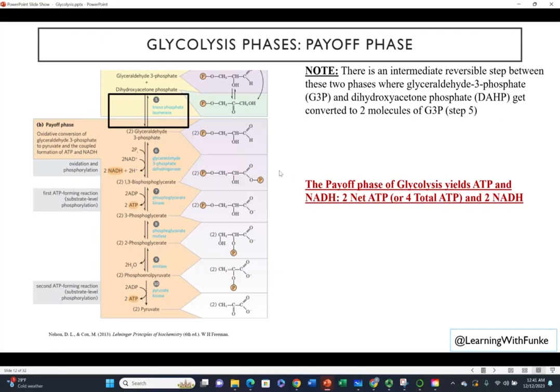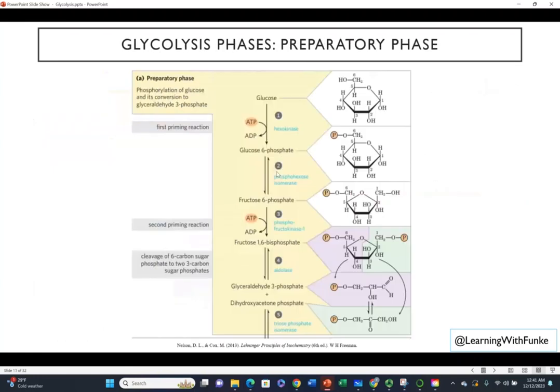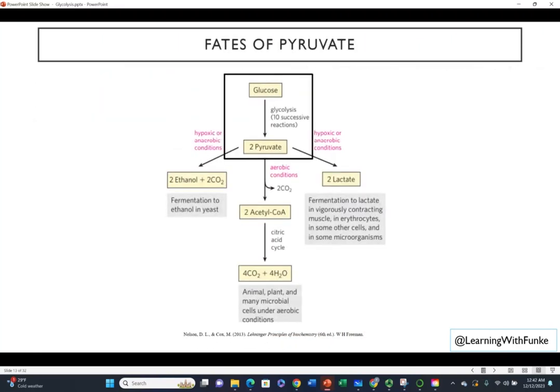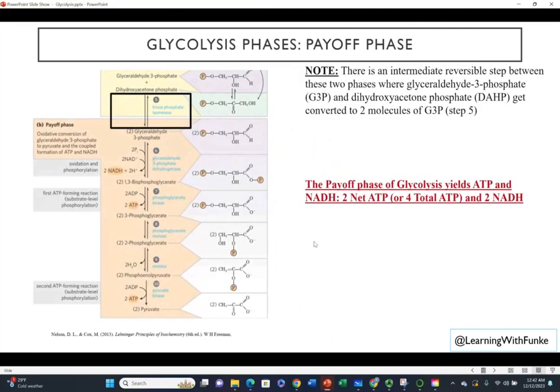So what we see is in the previous step, right, we used 2 moles of ATP, so here and here. However, in this step, what we see is that we pretty much produce what? 2 moles here plus 2 moles here, so we produce 4 moles. So we use 2 moles, but we produce 4 moles total. That's why we have a net of 2 ATP. So when you hear them say, well, from glycolysis we get 2 net ATP, that is why we get 2